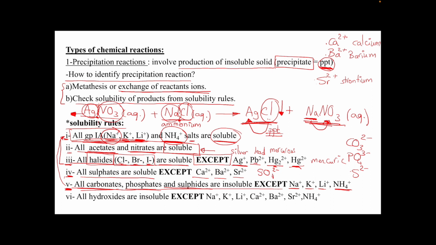There is no conflict between the rules. Carbonates, phosphates and sulfides, all of them are insoluble, are precipitates, except the ions mentioned in the first rule: sodium,